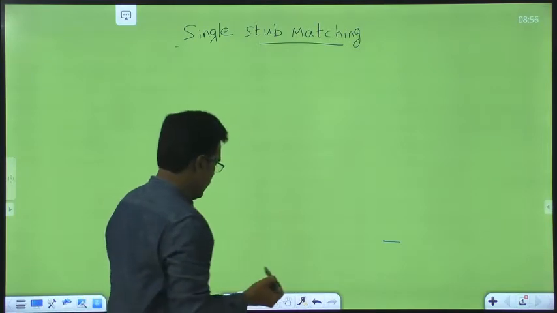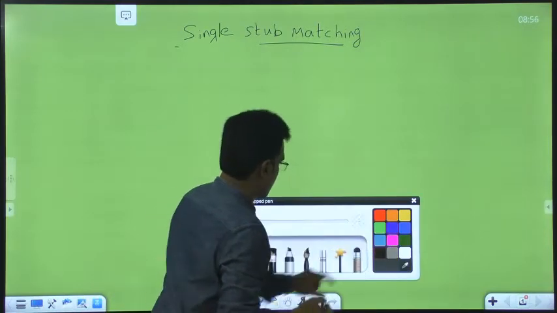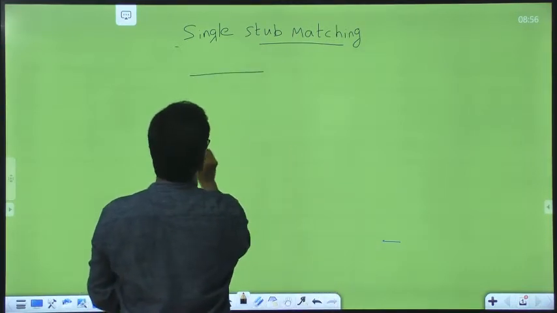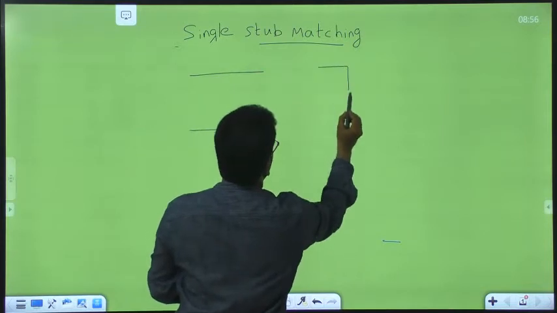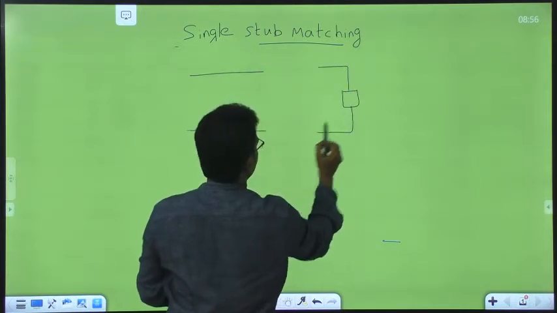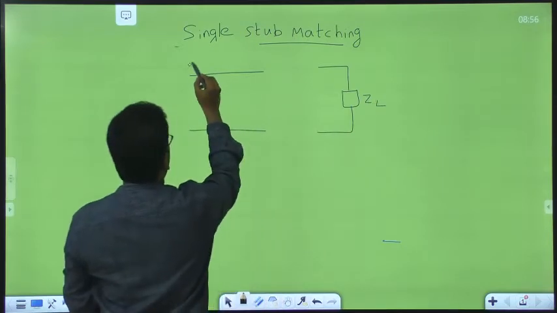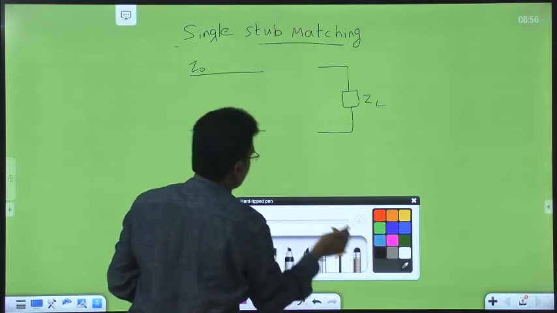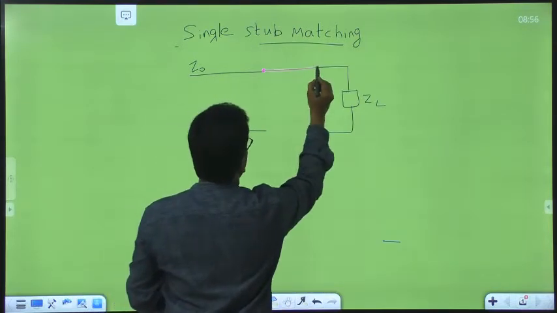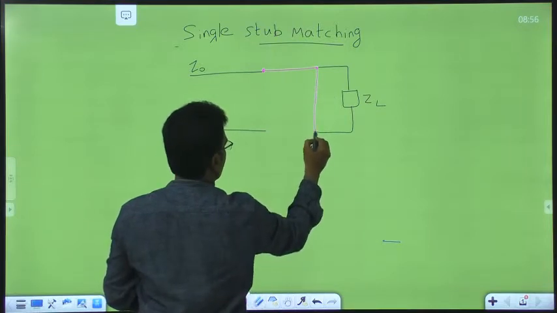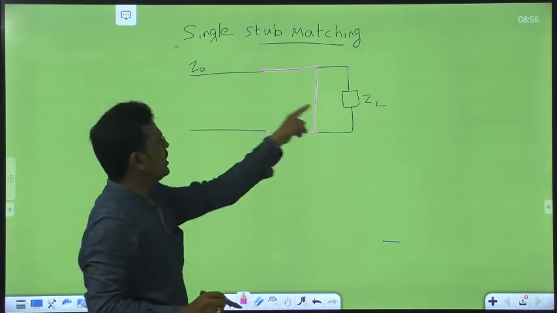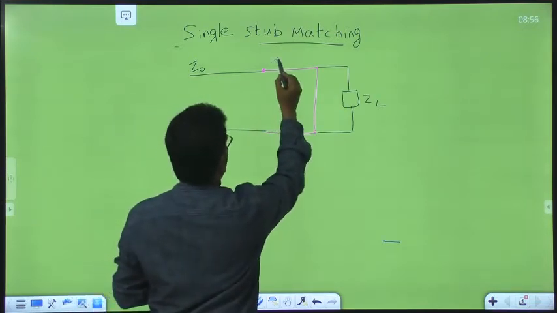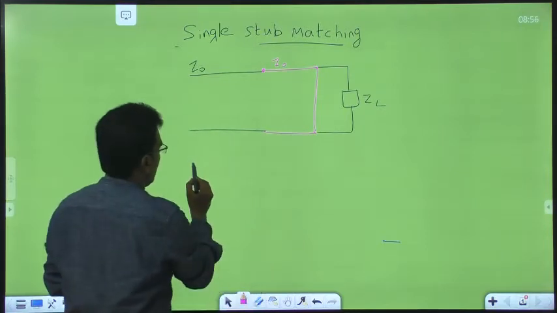So this is the main transmission line having some load impedance ZL, and the characteristic impedance of the main line is Z0. Here we can connect a short circuited stub which is in series with the main transmission line. Here the stub and main line are in series. This also has characteristic impedance Z0. And another way is,